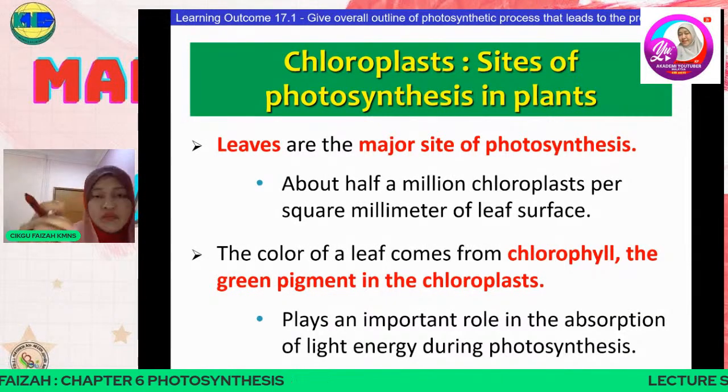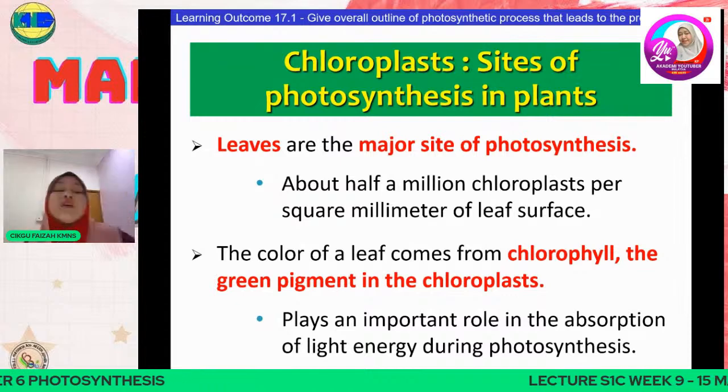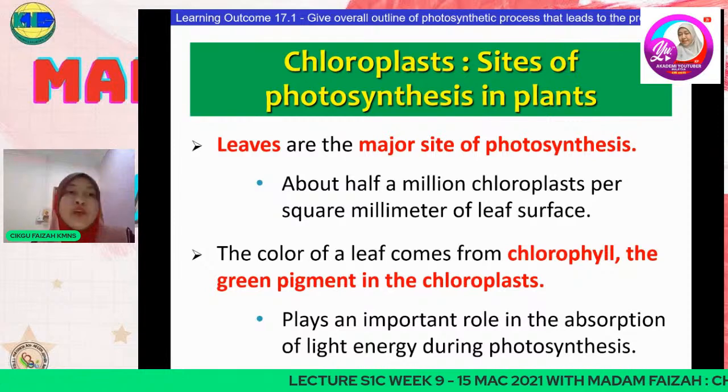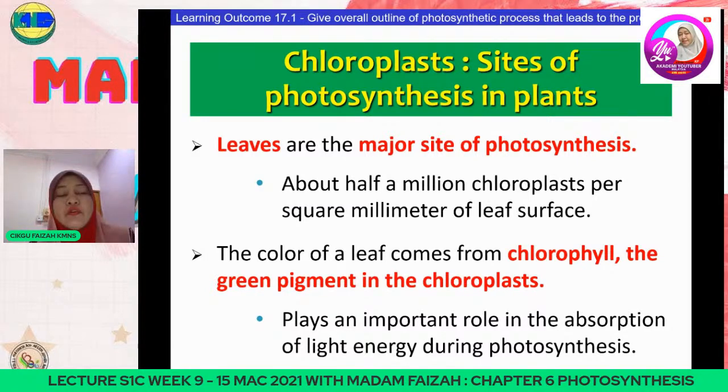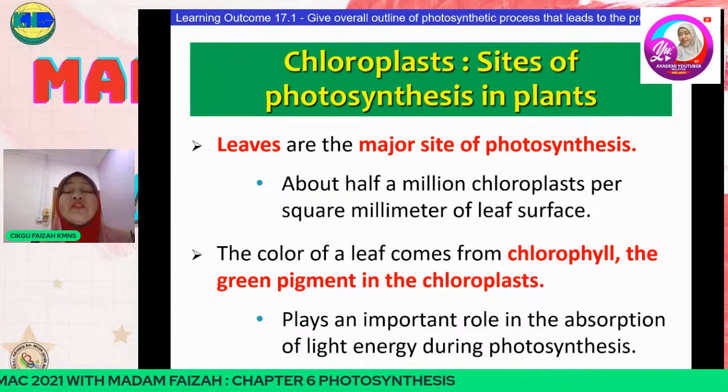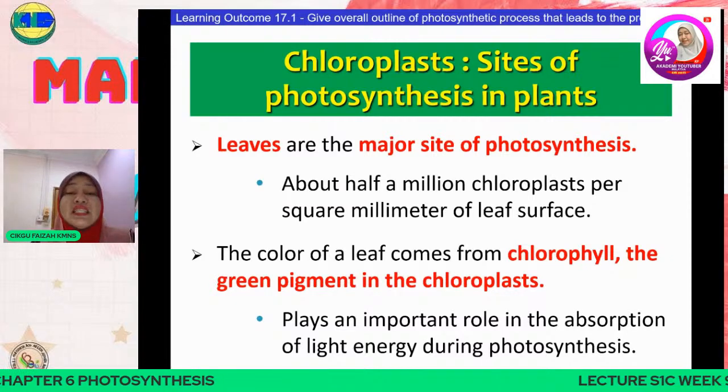Sebab tu you learn the 10 pathway of glycolysis until it forms the end product, which is 2 pyruvate. Still ada lagi energy. So the pyruvate will undergo the process what we call as upper class, Krebs cycle and oxidative phosphorylation, where it involves the ETC. Itu cellular respiration. So same goes to